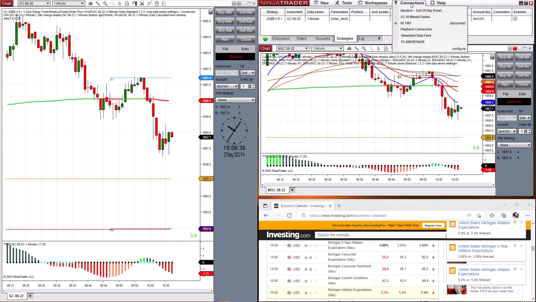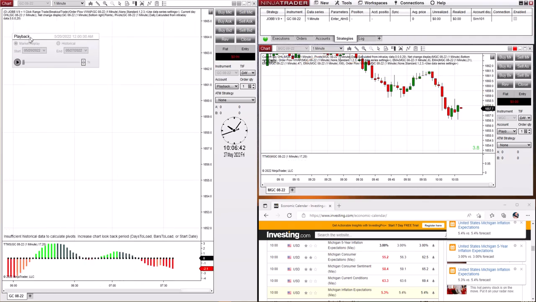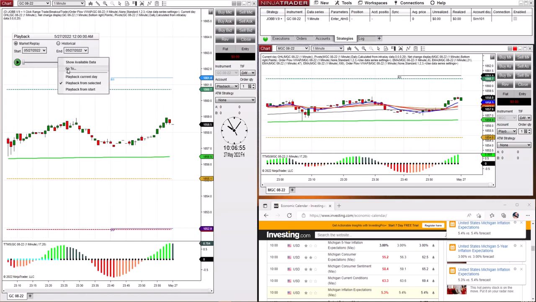Disconnect your feed and put it on Market Replay. Playback, playback. Okay, same thing. Make sure the date in these two boxes, both are 5/27. That's today's date. In this blank space, right click the mouse, wait for the go-to to come to life,